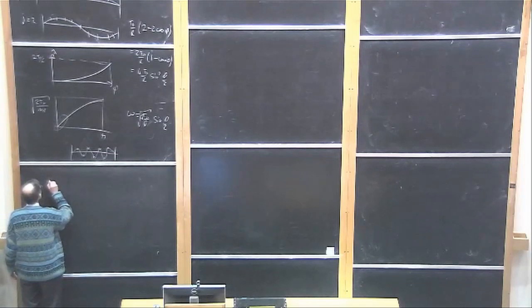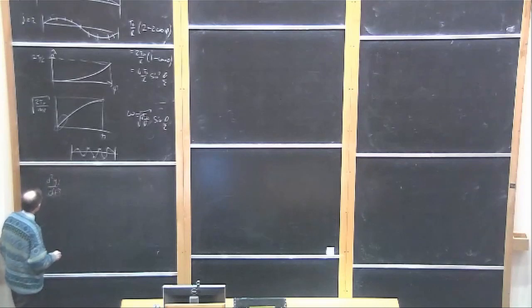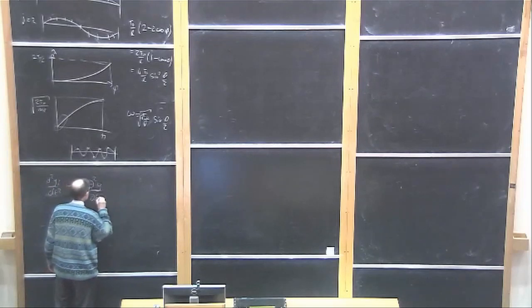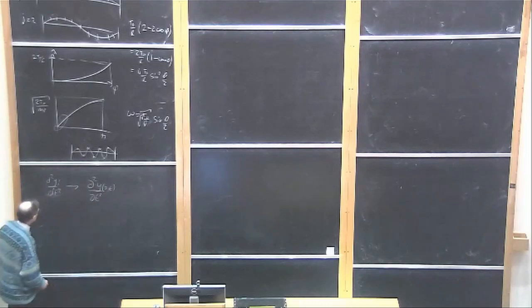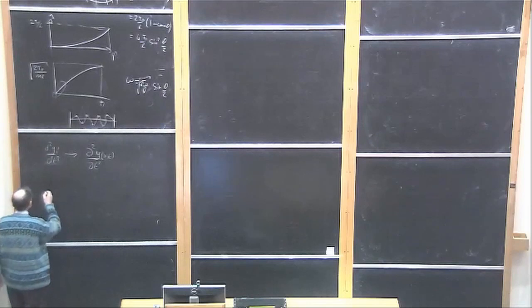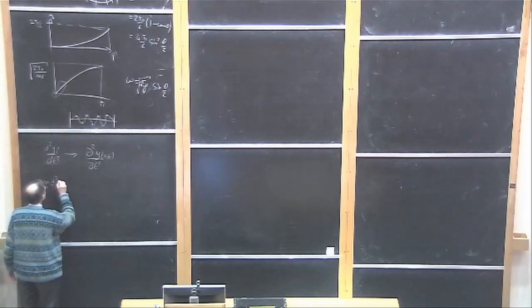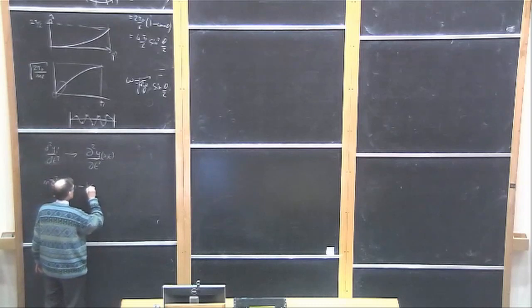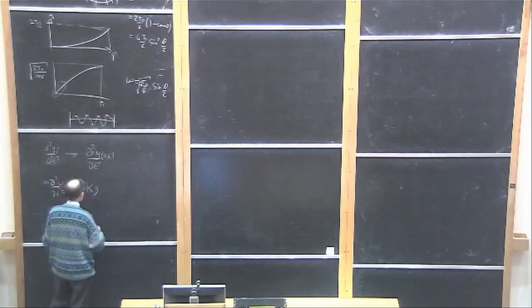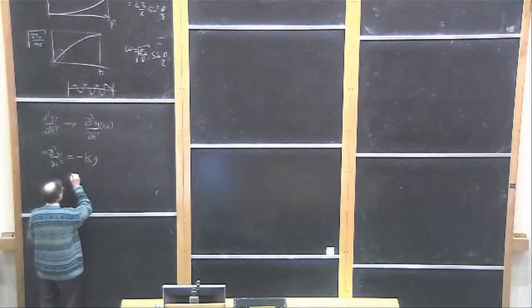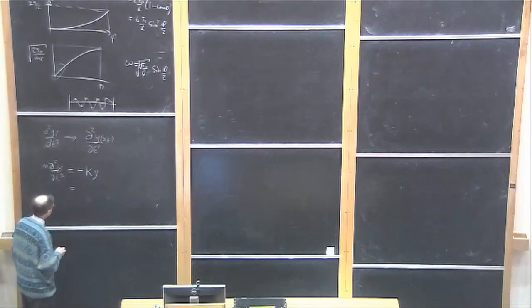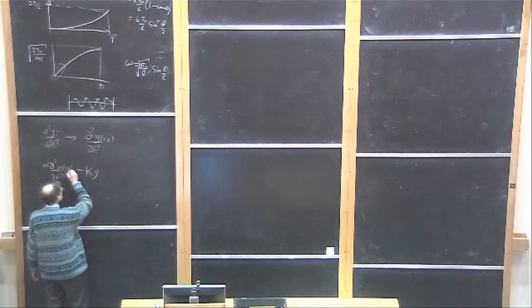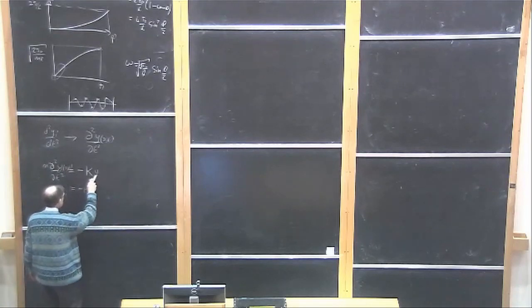So d2yi by dt squared, where yi is a function of t, has now become partial d2y by dt squared, where y is a function of x and t. Okay? So my equation of motion actually reads m partial d2y by dt squared equals minus k y, which is minus k. So if this is evaluated at x and t, then the matrix acting on that